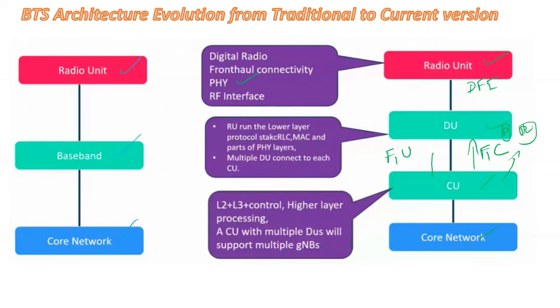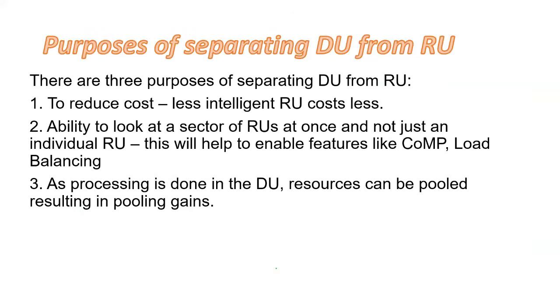That is why in most cases the DU will be co-located with the RU on site to conduct all the intense functions like FFT and IFFT, so that we can have low latency. As you know, in 5G one of the main things is edge computing. If the physical layers are near the site or near the user, only then edge computing is possible, right? So that's why we need the split between DU and CU. The actual split between DU and RU may differ depending on the specific use case, but there are various purposes, as I have discussed.